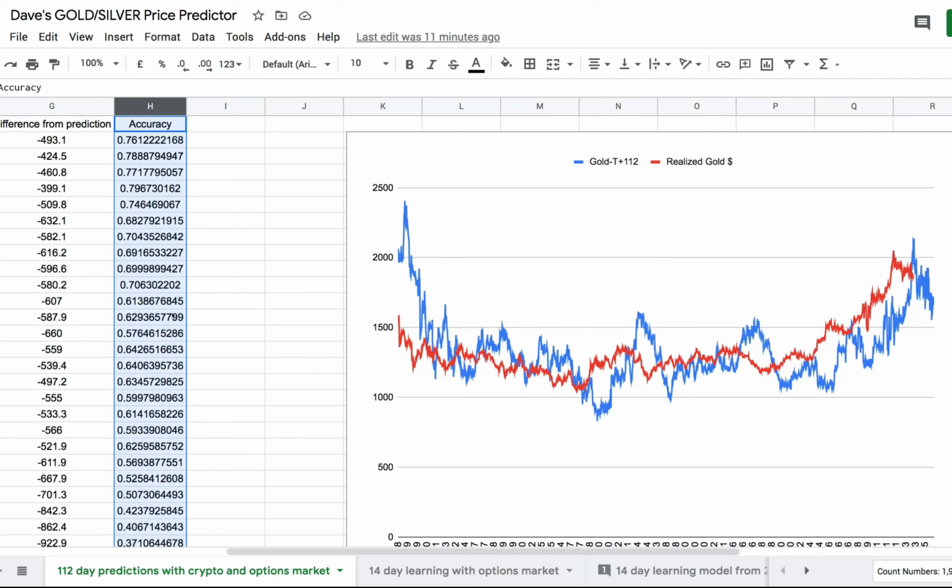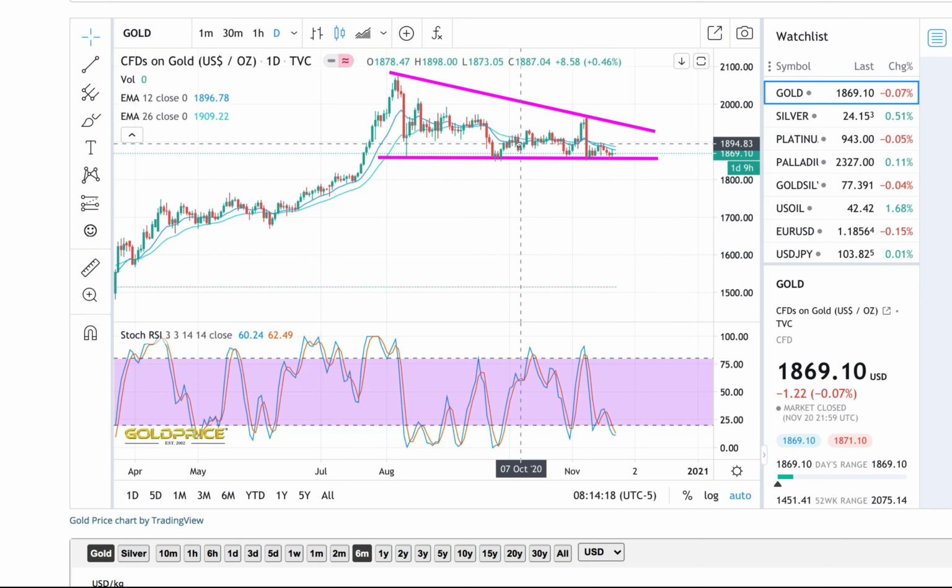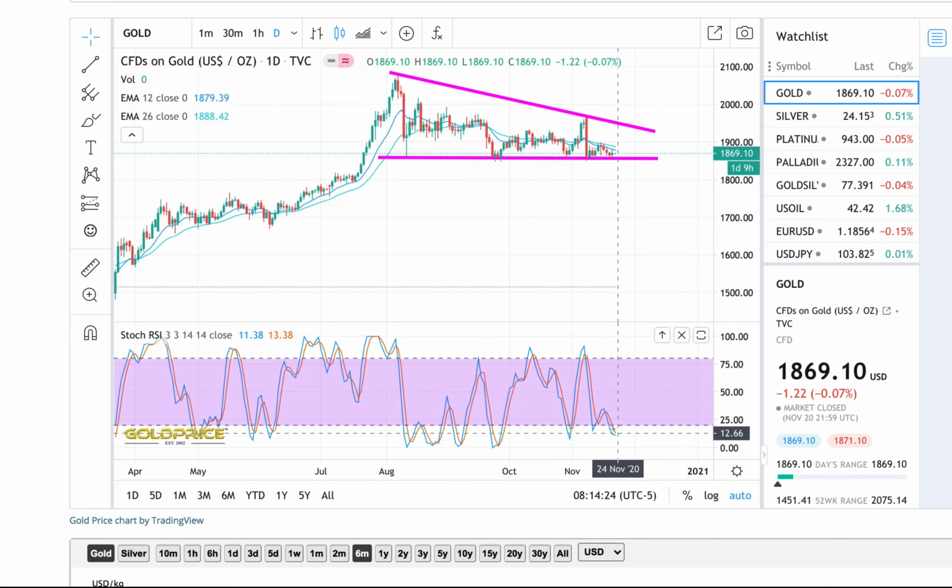Do I think we are going into a bear market? If we stay on the same current path, I think we are going into a bear market. Everything points to a bear market, despite the fact that, if you look at the daily indicators, they are kind of saying that we are currently oversold.